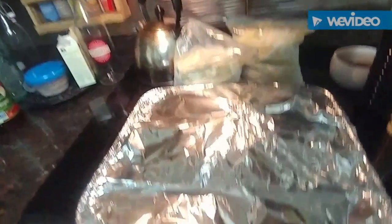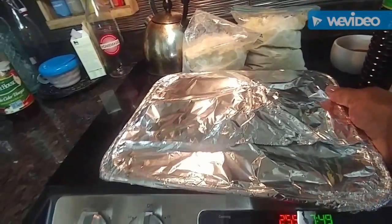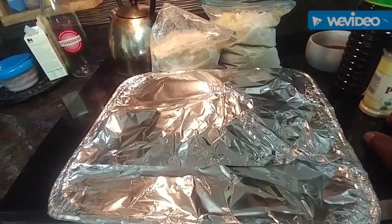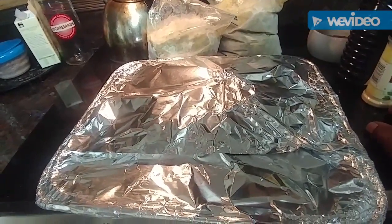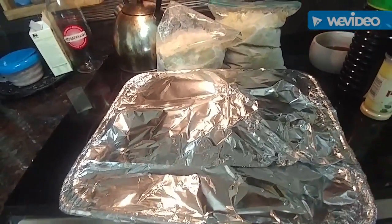By the way, when you put that roast into the oven, make sure you have that foil on it, just as snug and tight as you can get it. Ideally, if you had one of those plastic cooking bags, now those would really do it. I just didn't have a cooking bag, but I wrapped it in one of my foil pans, as tight as I can wrap it, and